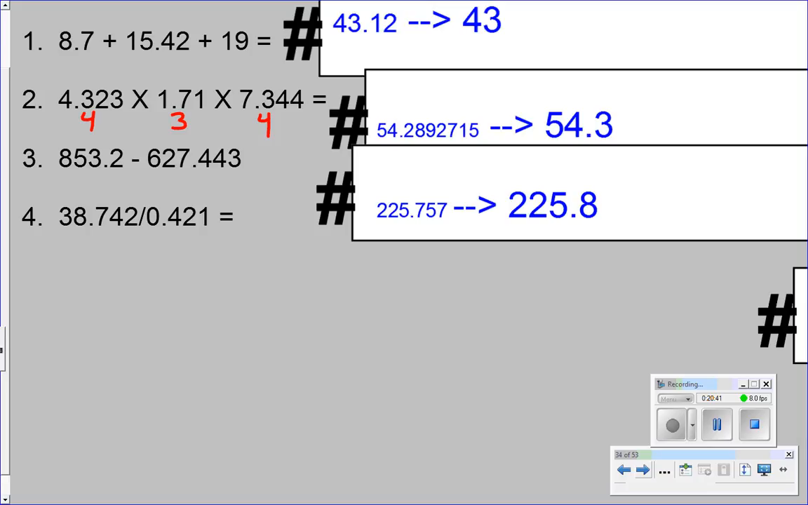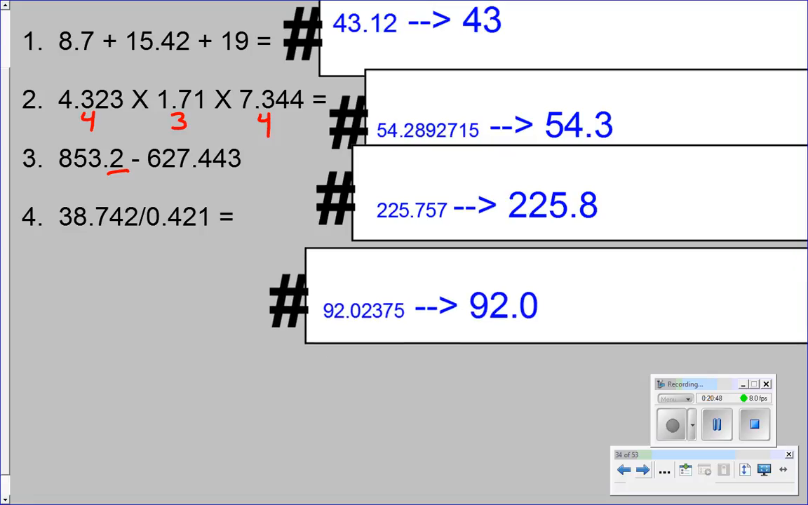Number 3, we are limited to 1 decimal place, so that guy right there. And in number 4, we have 1, 2, 3, 4, 5 sig figs, 1, 2, 3 sig figs. Remember, it's a leading 0, it does not count. So our answer needs to have 3